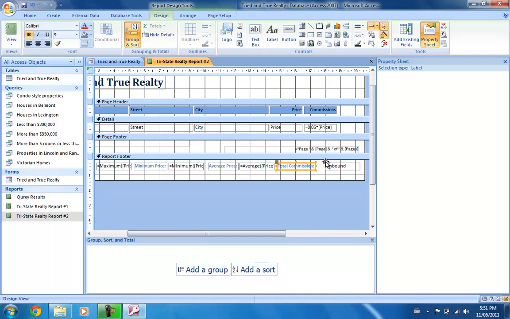Perfect. And we can have it there. And in the formula we have to write equal to sum, circular parentheses, 0.06 times the field price, so in square parentheses price, and then end the circular parentheses. Perfect. And by the way, click on all the text boxes that you just made and change the